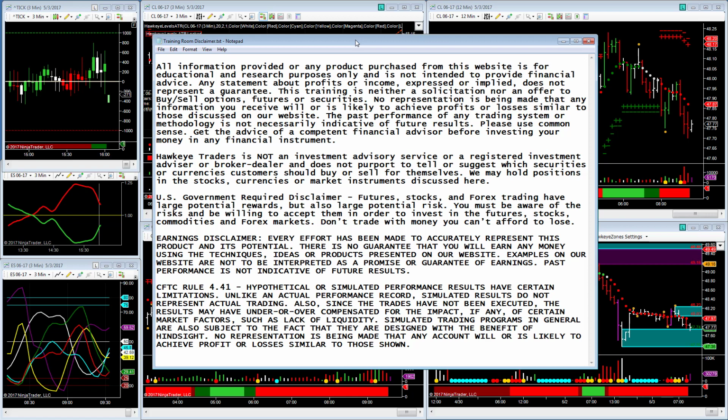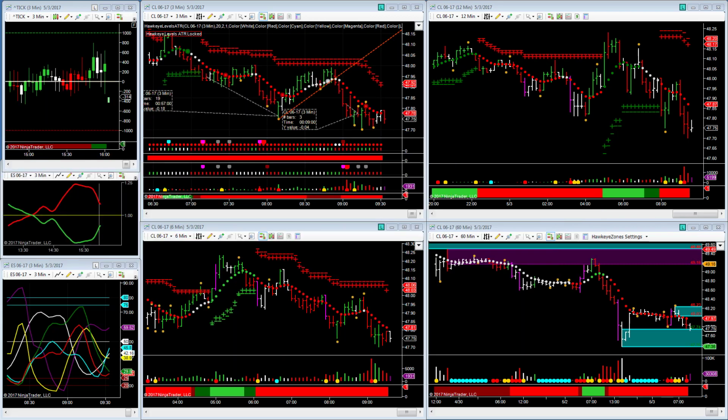Make sure that you never, ever trade in a live trading account until you have first proven you can consistently and profitably trade in a simulated trading account with a proven trading plan. Okay, I'm getting pretty good at that. It's almost memorized by now, but I just have to make sure and let you guys know the risks involved.